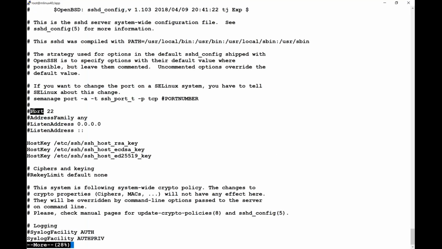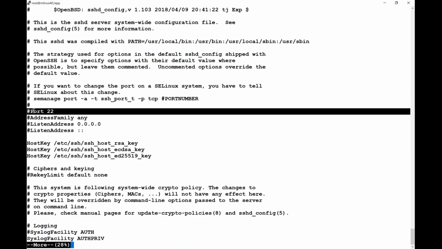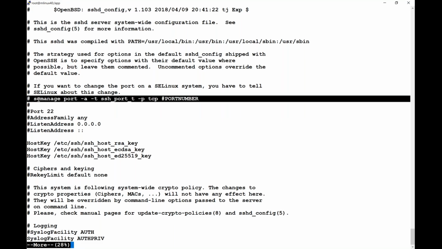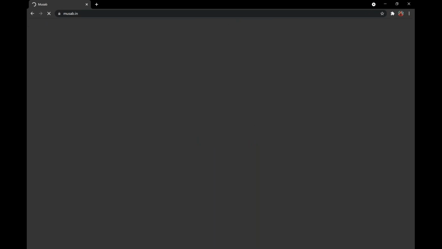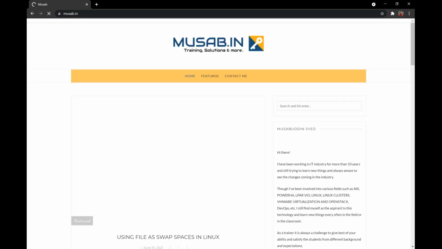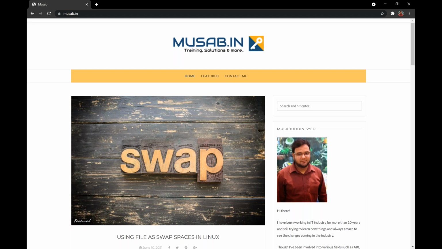In this, you have a default port number 22, which you can change to whatever you like. But after that, you have to run a command, semanage something like that. So guys, it's a long thing and we don't have that much time to go through all of it. So I would request you to please visit my blog, spend 15-20 minutes, not more than that. Watch the video and